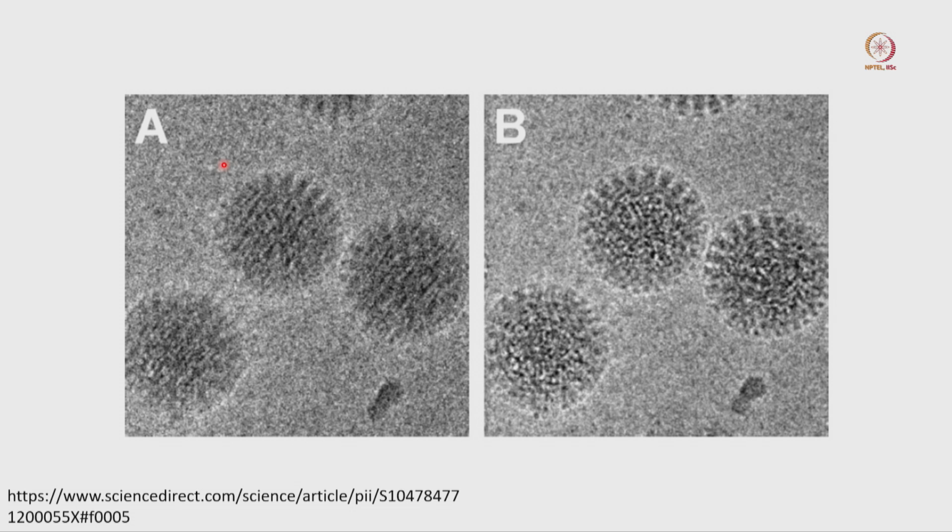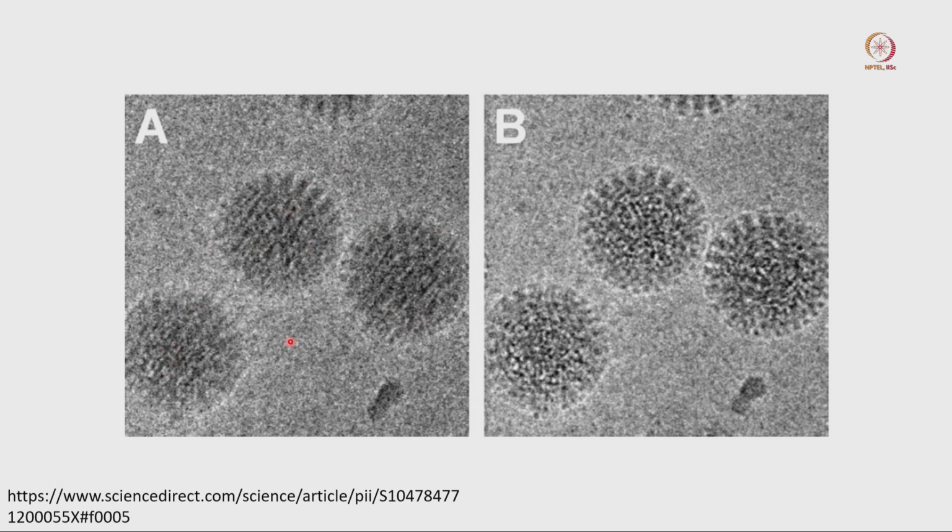So, here this is an image of a virus before drift correction, and this is an image after drift correction. In this particular image, without drift correction, we are making an integrated image. In that integrated image you can see that there is some kind of motion, and many features of this virus are not very clear. There are lots of line-like patterns we can see in all the virus particles.